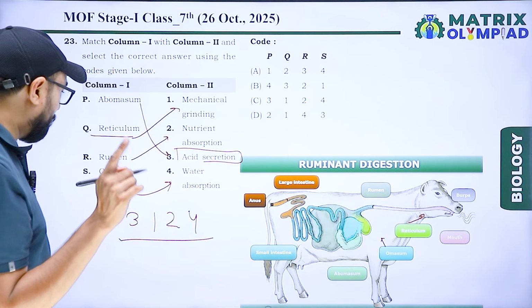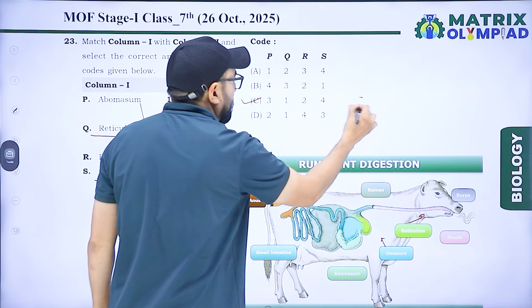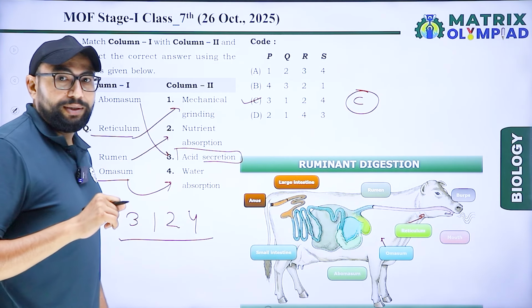3, 1, 2, 4. Option C is the right answer for this question. Next is